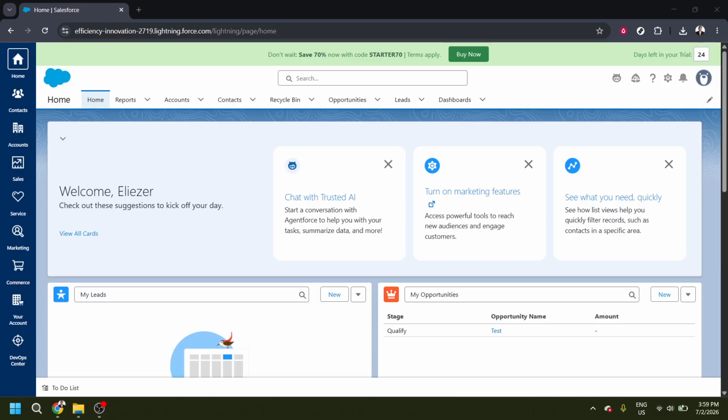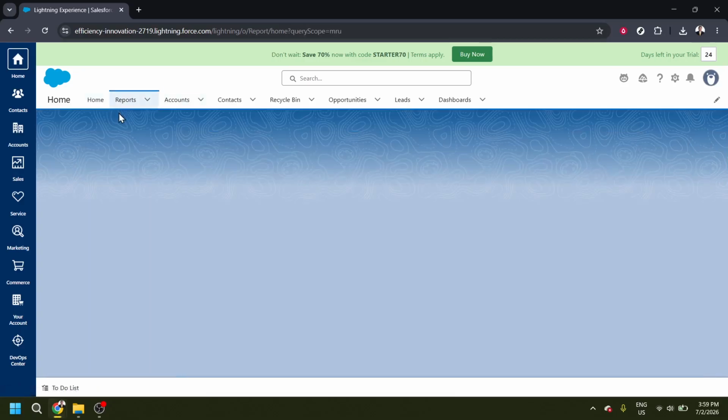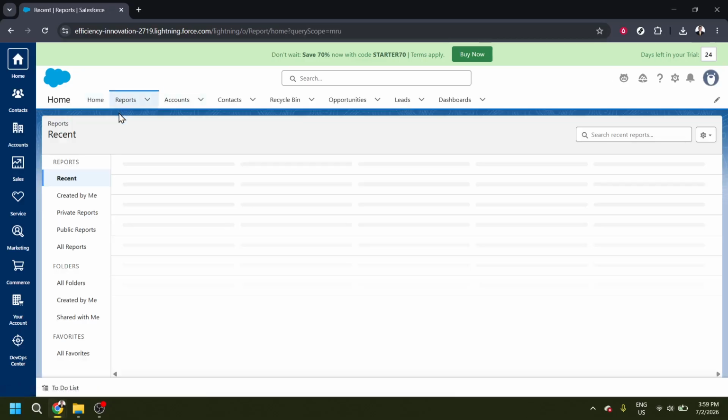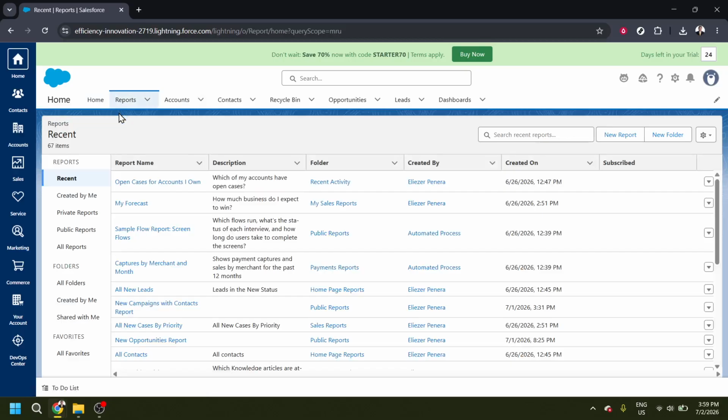So the first thing we need to do is get to the Reports area. In Salesforce, this is going to be one of the main tabs you see at the top of the screen. Just look for the one that says Reports and give it a click. I found that this is one of those things people overlook because they're so used to jumping straight into Excel. But trust me, once you see how easy this is, you'll wonder why you ever went through the hassle of